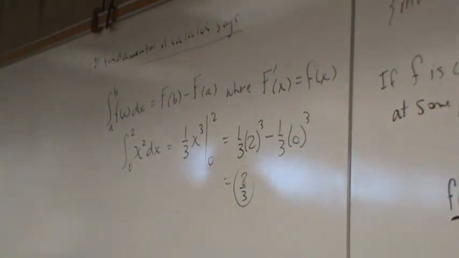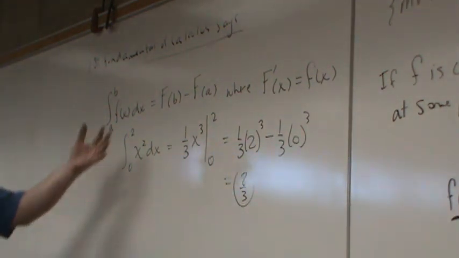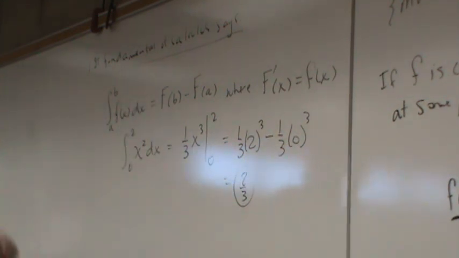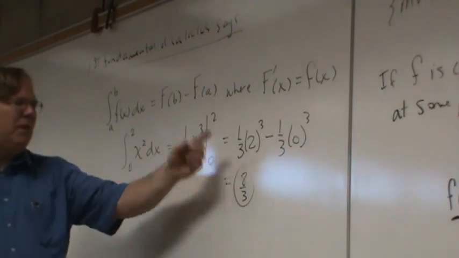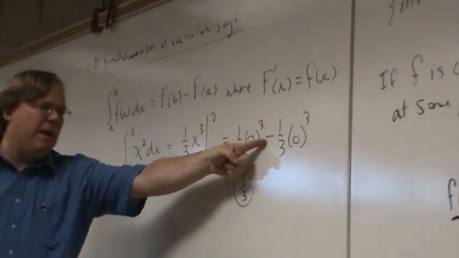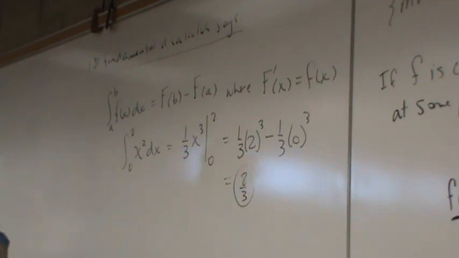So I'm so sorry, I was going to have you do a couple of examples, but I dilly-dallied around too much. But that's what you're going to do on problems 1 through 18. You're just going to be repeatedly getting antiderivatives, sticking in the upper bound, big minus sign, stick in the lower bound. Hopefully this is enough for you. Sorry. Good luck. And we'll learn where this comes from tomorrow.